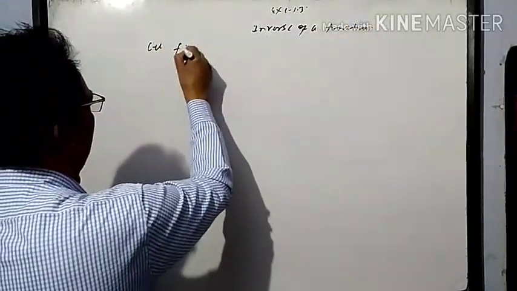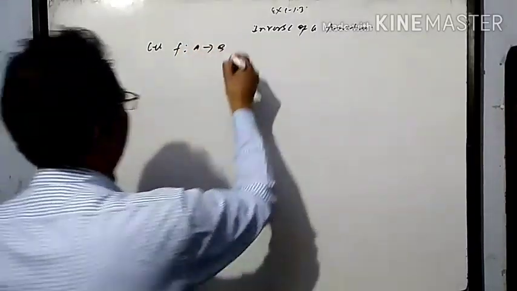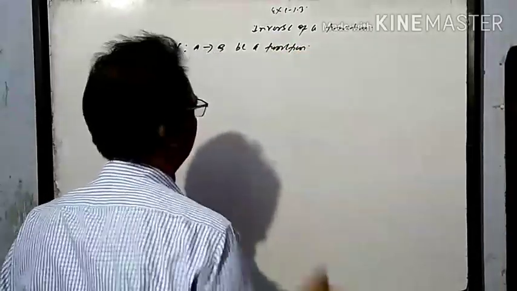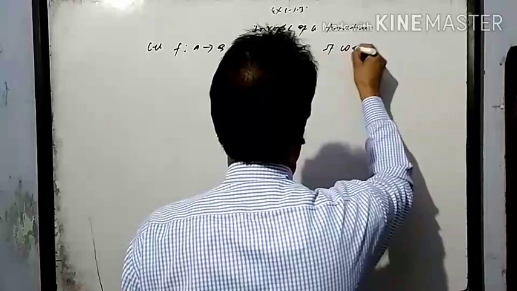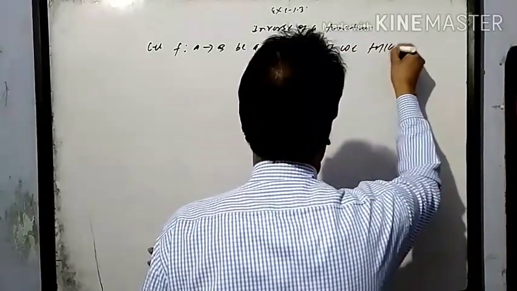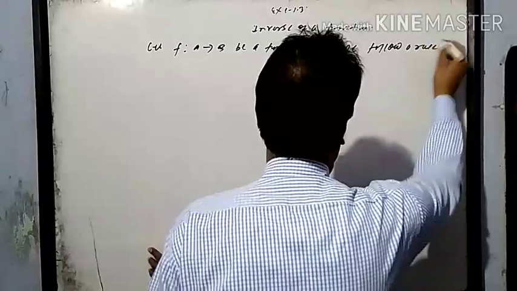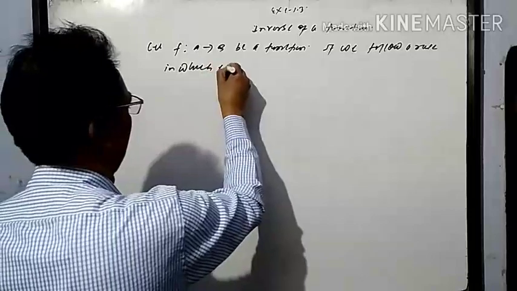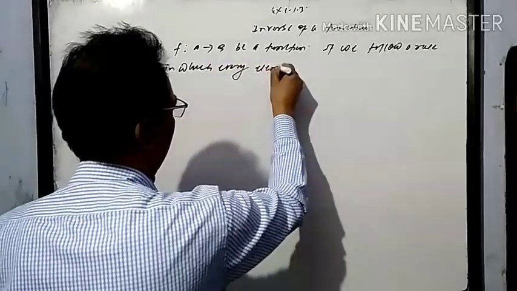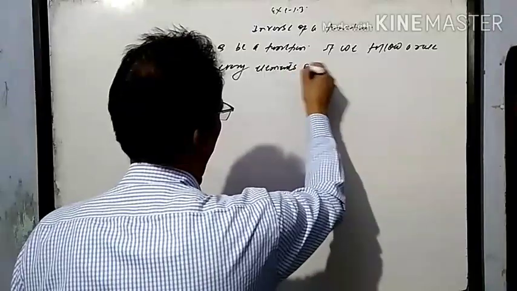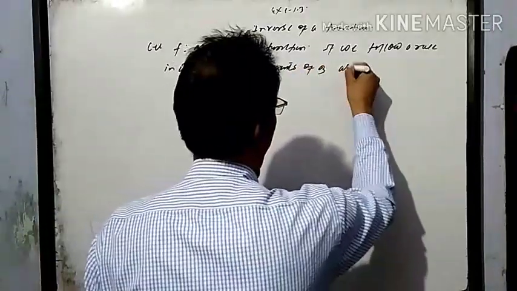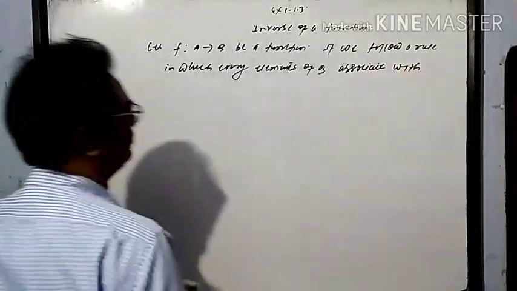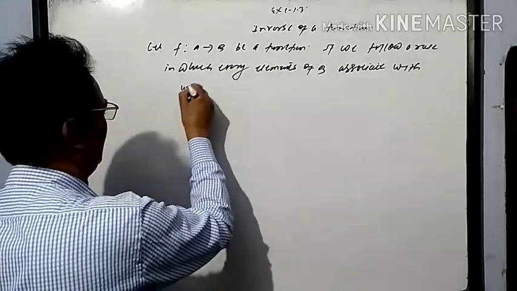Let f be a function defined from A to B. If we follow a rule in which every element of B is associated with a unique element of A,